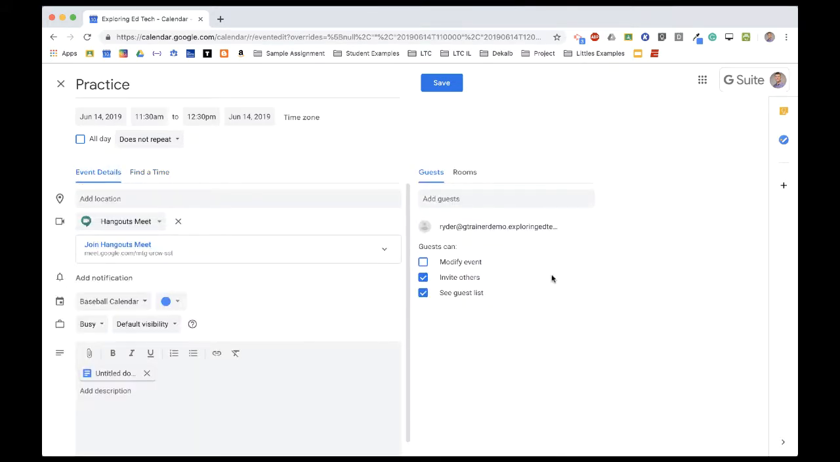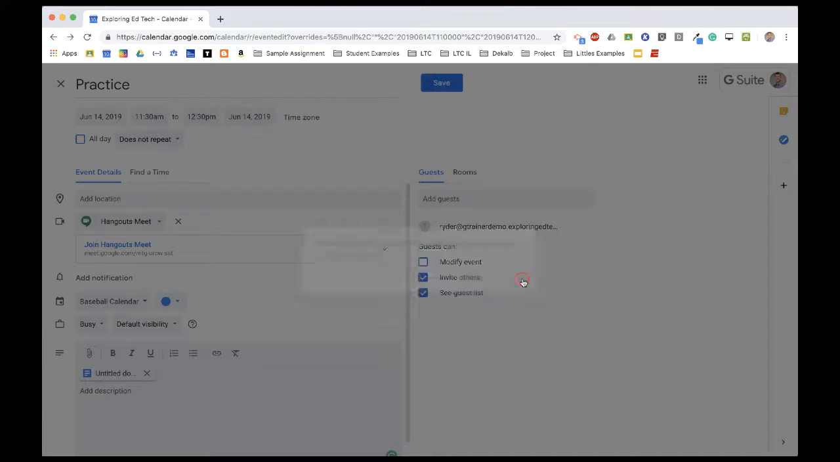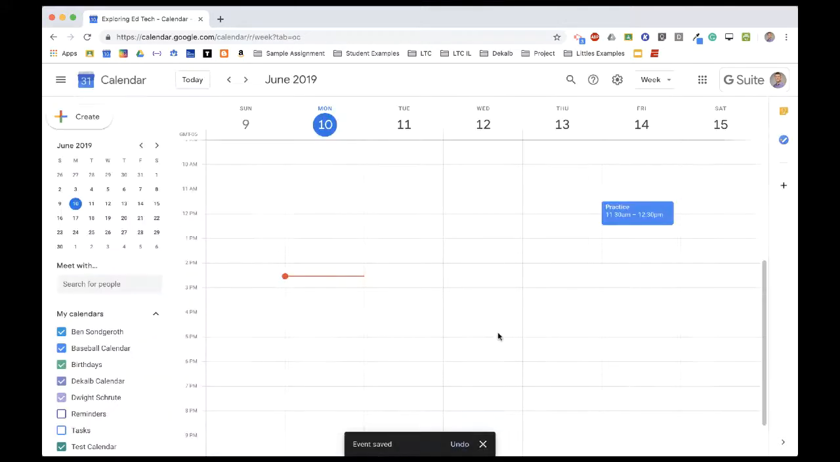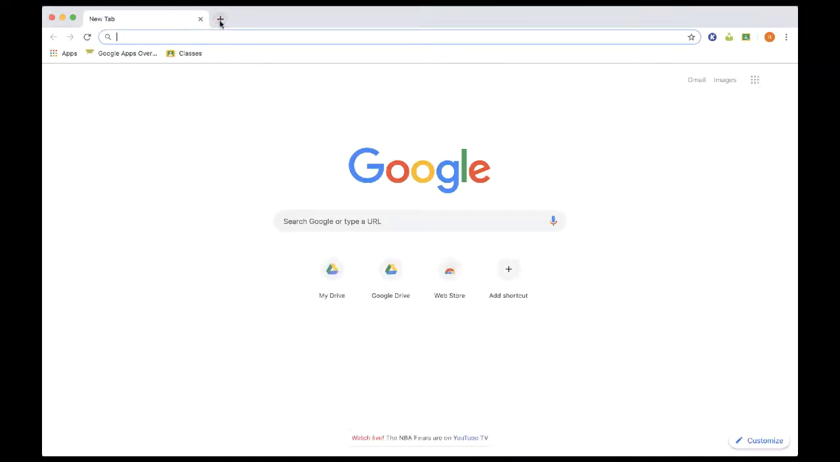So now I've got my event done and I want to send Ryder the invitation. So what I'm going to do is hit save, send the invite. I have to share the document that I put in the description because it was not already shared with them. So you see this is what this window is for. So I'll go ahead and do that and then invite them. Now that invitation has been sent. So if we go over to Ryder's calendar,